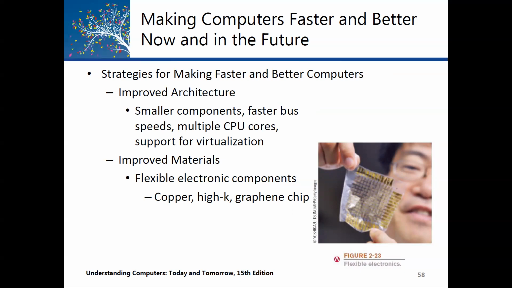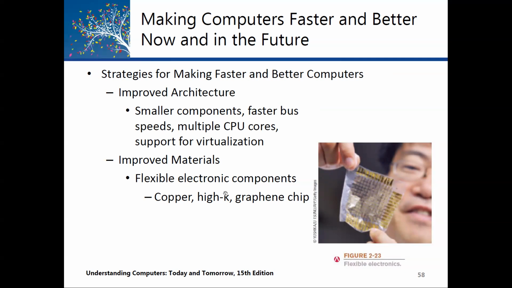Another aspect is improving the materials. So far, what we are using are semiconductors, right? Silicon material for producing the chips, for producing the CPU chip and the memory chip. Now the future trend is to move towards copper, to try copper and high-K graphene chips and all these things, in order to